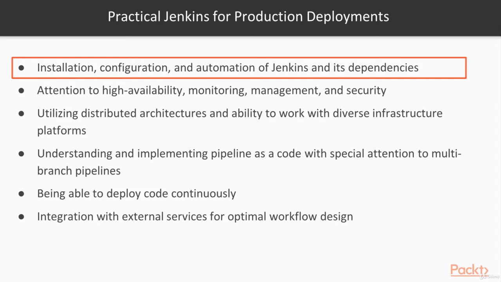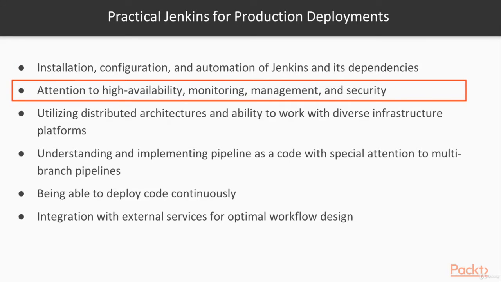Once this is done, we have to make sure that processes and workflows are in place to manage the tool. High availability for disaster scenarios, backup and restore for management, monitoring for site reliability, and hardening for security are essential